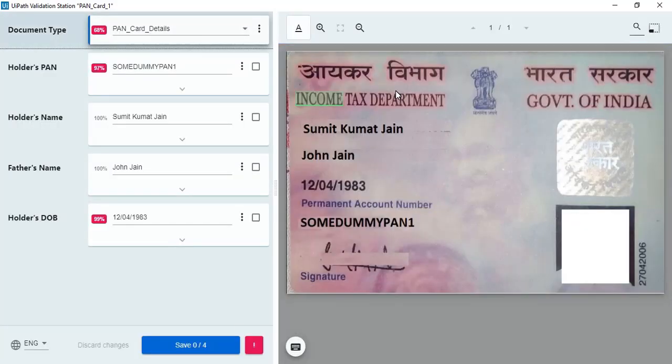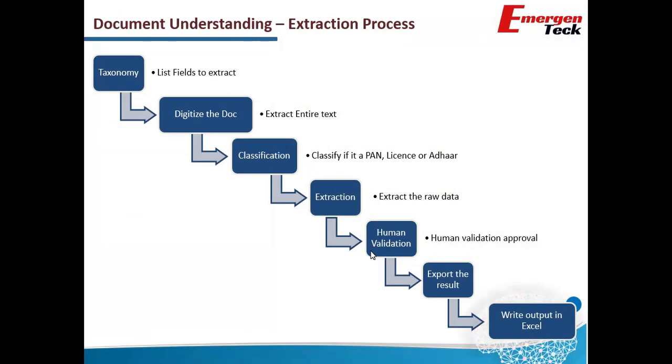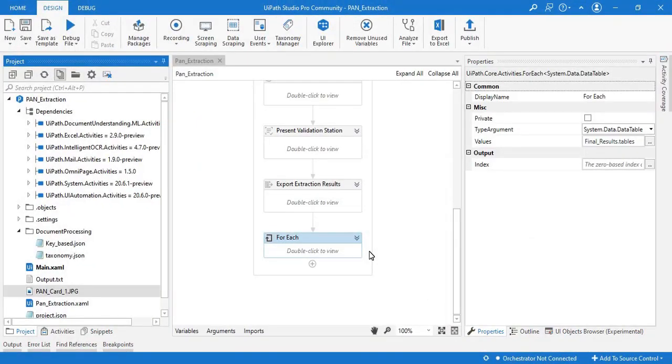We have the data extracted and the confidence level is 97, 100, 100 and 99, which is quite good. Above 95 everything is good. So we have got the data extracted. If I click on save, continue and save, refresh this, we have the output file ready.